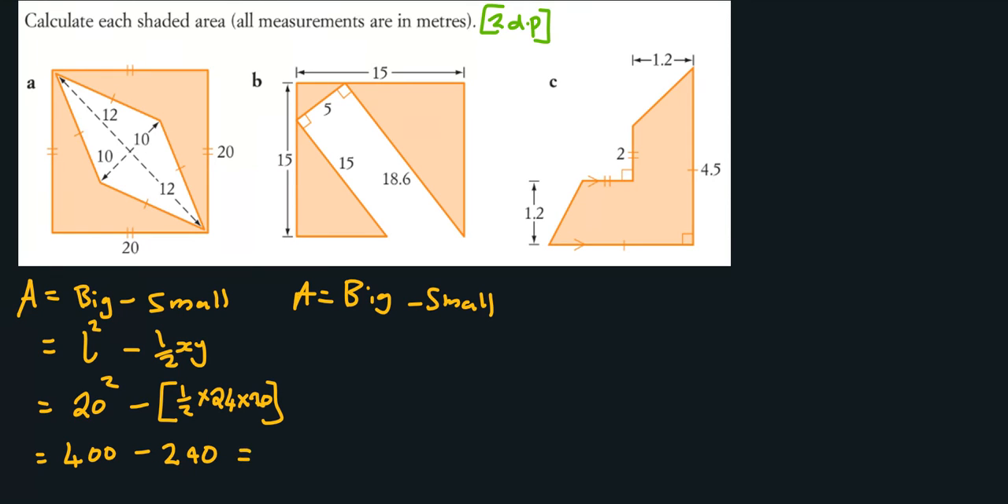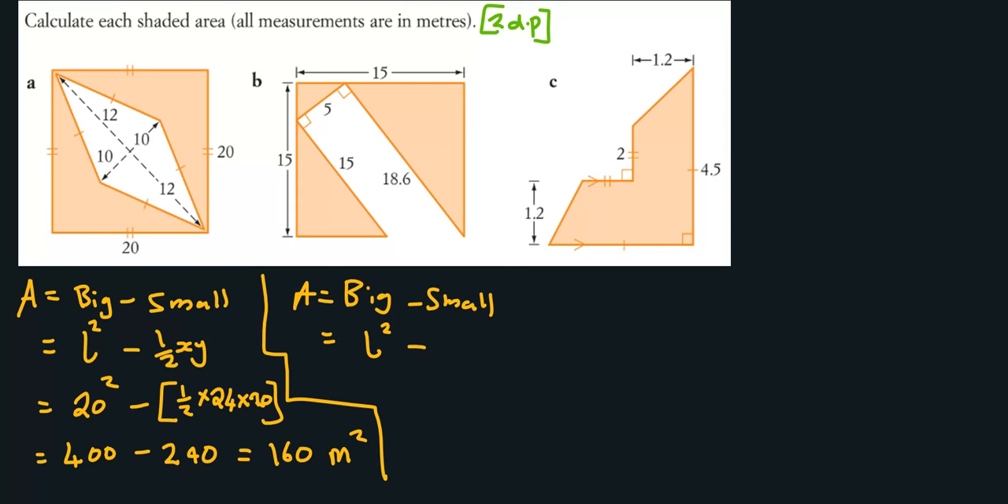And if we subtract that, we get 160, not forgetting our units, meters squared. Okay, so let's have a go at the second one. So we've got the big, which is L squared, multiplied by the small. The small is